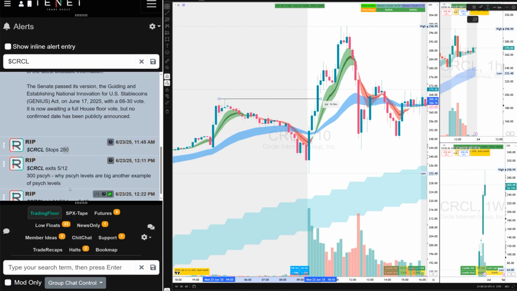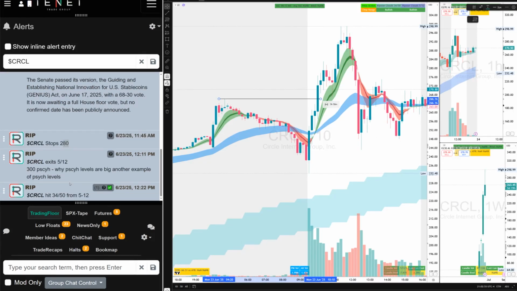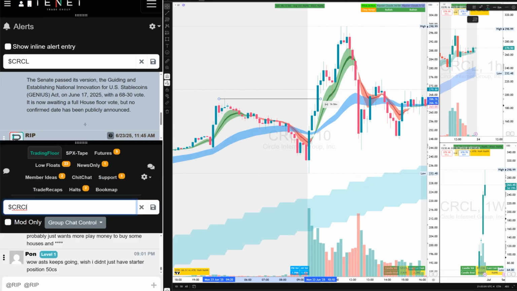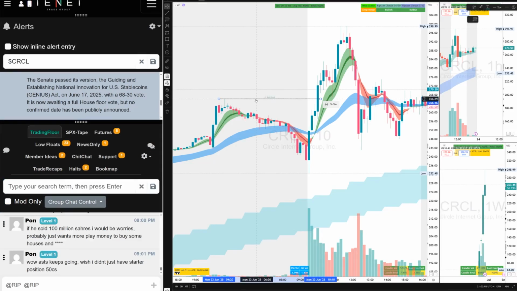But once our 512 breaks, we were out. And I did tell the traders you can short it. A lot of traders shorted this Circle 512s. You can make some back on that as well. Although the options are very high IV, you really need a $10, $15 move to make some money on the options. But definitely a great trade for the large account traders with a decent share position here.